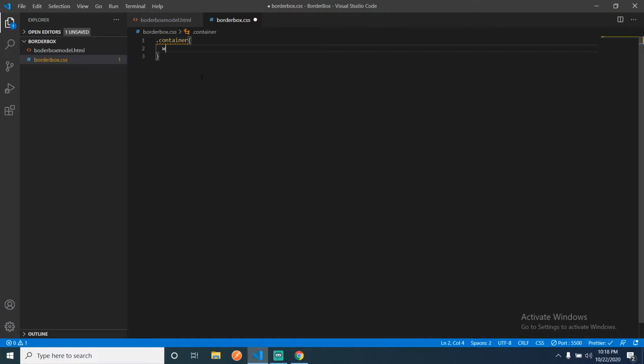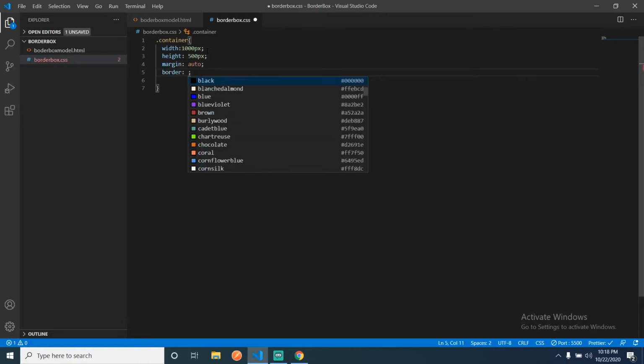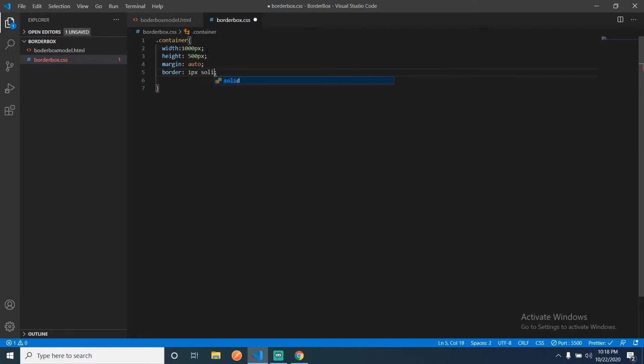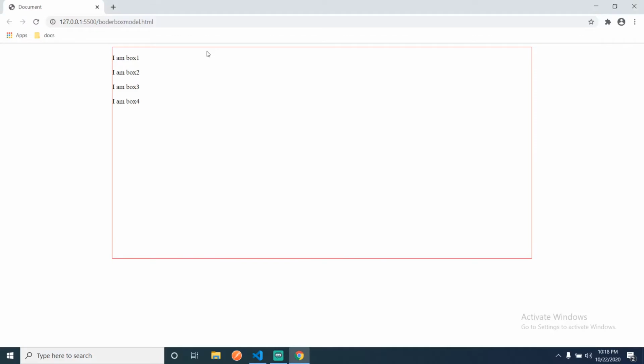I want the width of this container to be 1000 pixels, sorry, and height let's say 500 pixels. Margin auto, and for the border, let's give 1 pixel solid red. So now it's looking better.